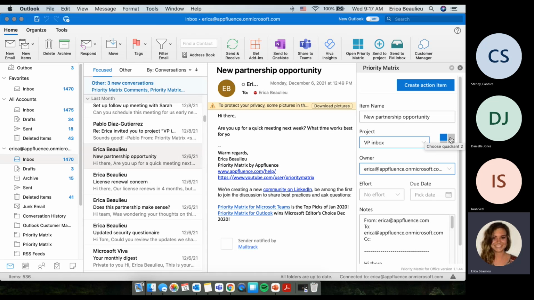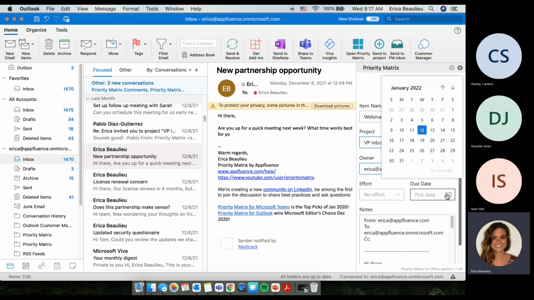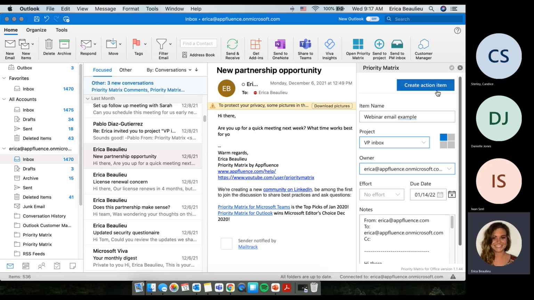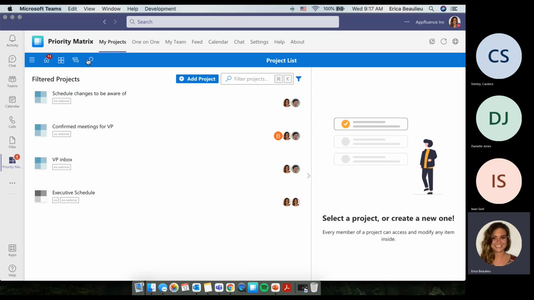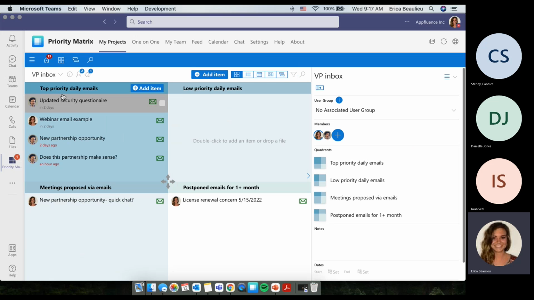You can choose the quadrant where you need to prioritize this. So let's say this is going to be an immediate task that we need to focus on. I'm going to rename this. I'm going to say webinar email example, just so we can find it super easily. And now we can pick my due date. So when I hit create action item, now I can circle back to my Priority Matrix